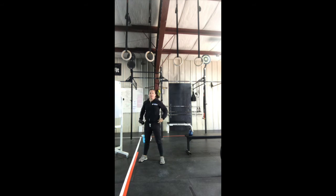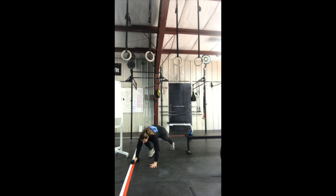Then you'll do your single arm renegade rows. This one is 5 each side. So 1 repetition, if I'm starting with my right arm, I'm going to have my dumbbell down, tall plank position. I will do a push-up and a row. That would be 1. Push-up and row. That's 2. Once I do 5 with my right arm, I'm going to switch over to my left side and